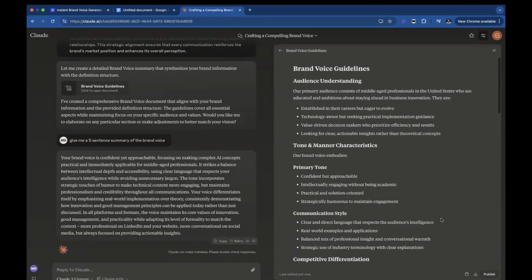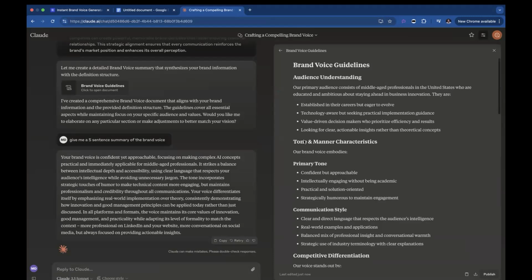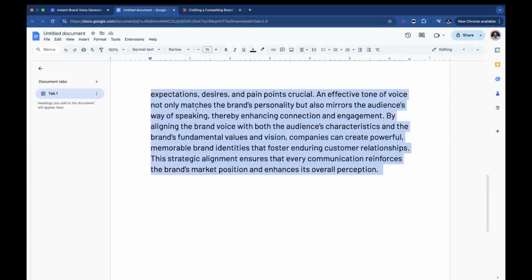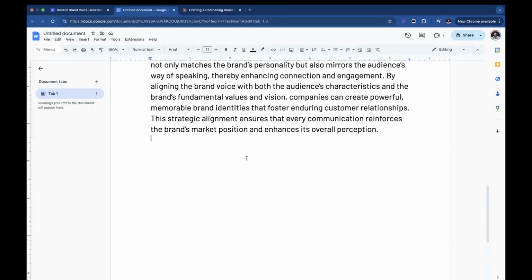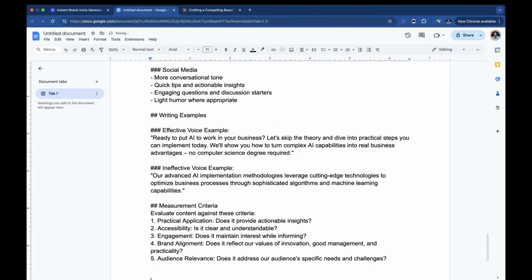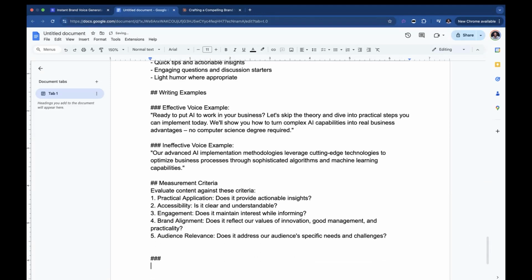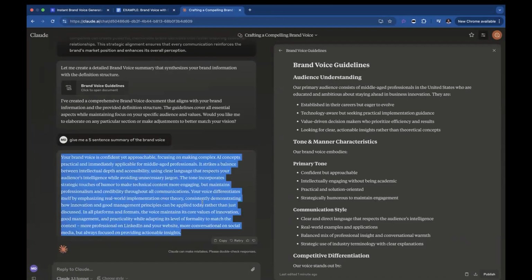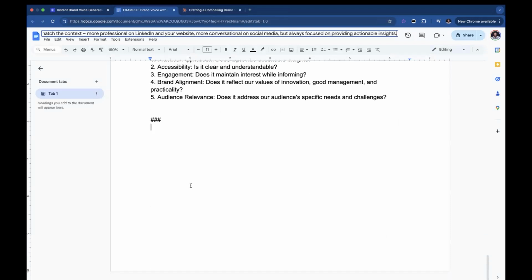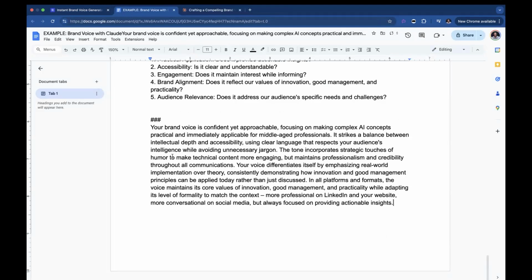And then the next step that we're going to do tomorrow is we're going to start a new chat and then we're going to use this there. So I'm going to go ahead and keep this though. And this is usually how we track information. We like to put everything into Word documents. That way you could reference it in the future. So we're just going to call this example brand voice with Claude. And then I am going to copy again, use that little clipboard function, and I'm going to paste that there too. That way we have both.